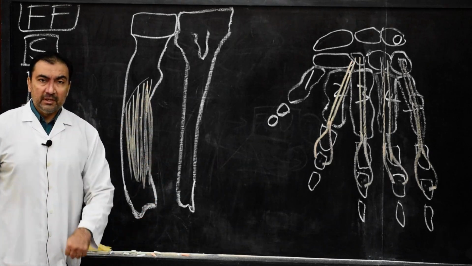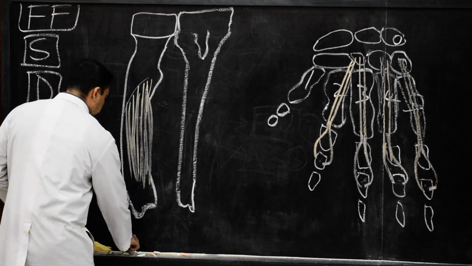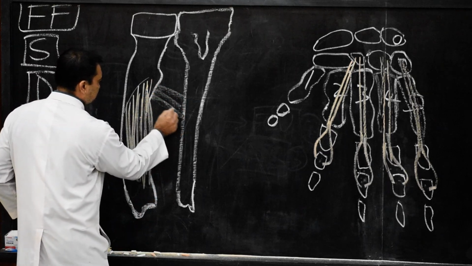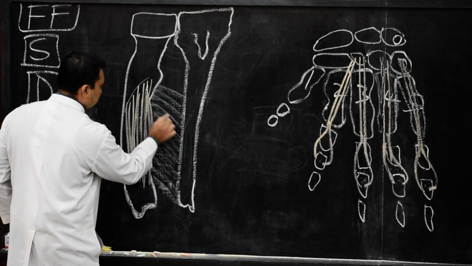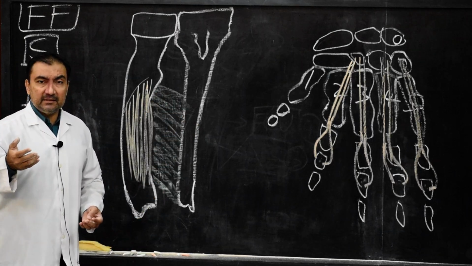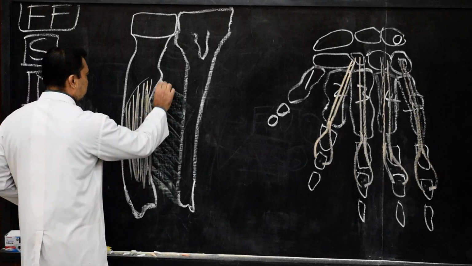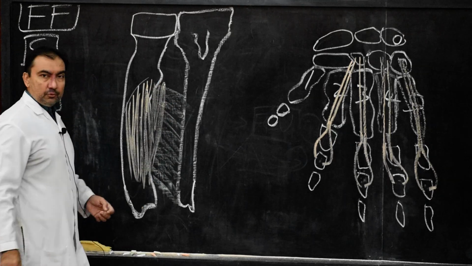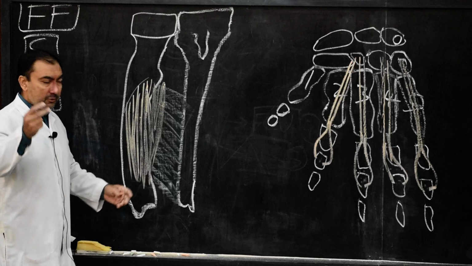Number one. Number two, it will take origin from interosseous membrane. So here there is presence of interosseous membrane, and this interosseous membrane which is present between radius and ulna. Here I am drawing this interosseous membrane which is present between radius and ulna. So this interosseous membrane will also serve as a source of origin of flexor pollicis longus. So flexor pollicis longus will also take origin from interosseous membrane. Number two. Number one, from anterior surface of the radius below the anterior oblique line. Number two, from interosseous membrane.